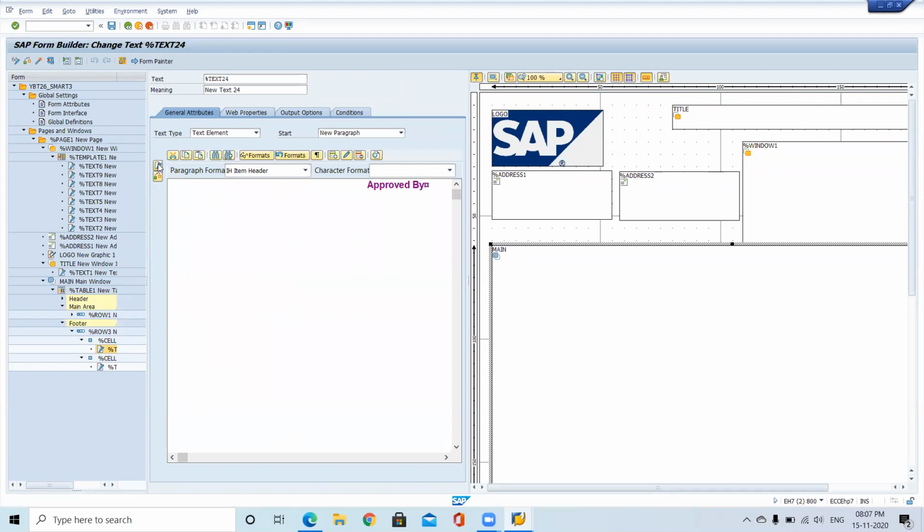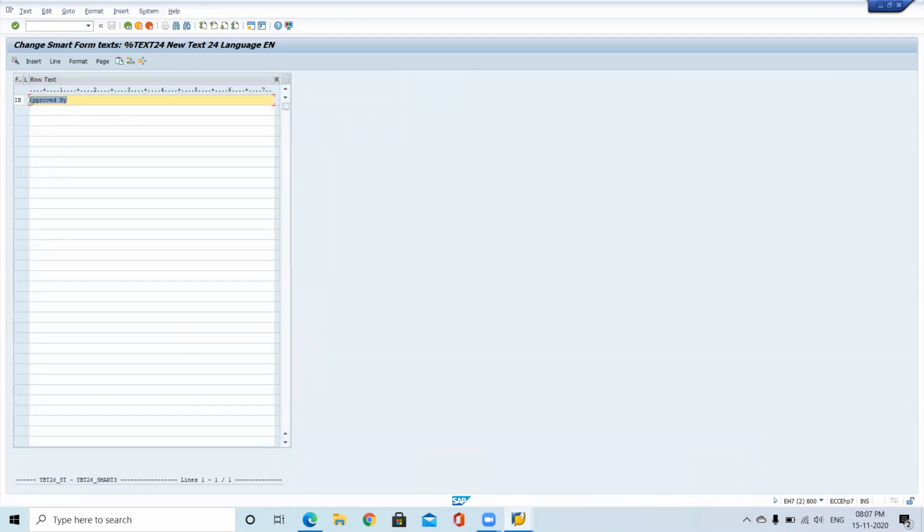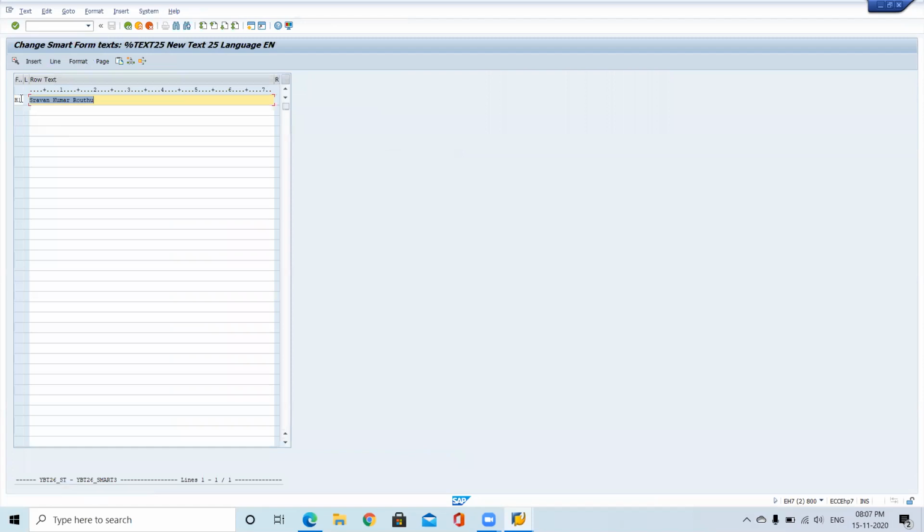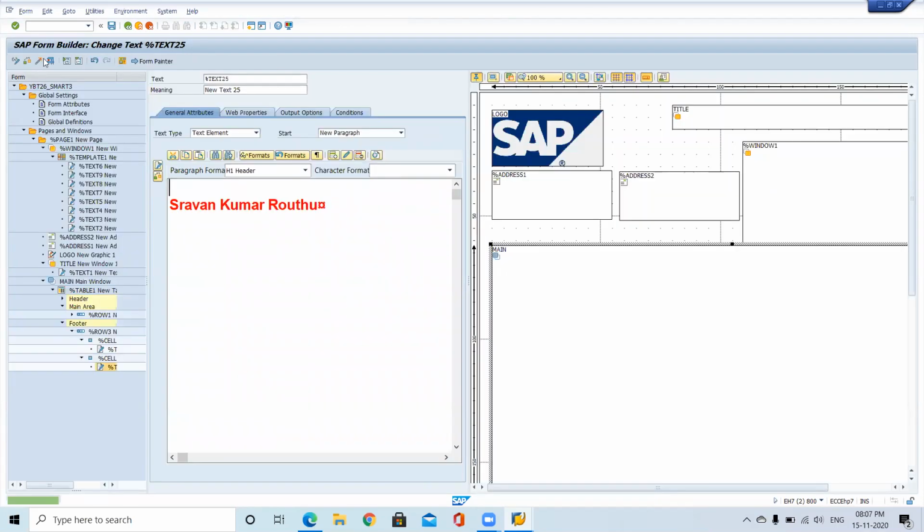In the editor, just give one blank line. Here also, just give one blank line. So immediately you don't want to print, you need some space in between, then just give one blank line.